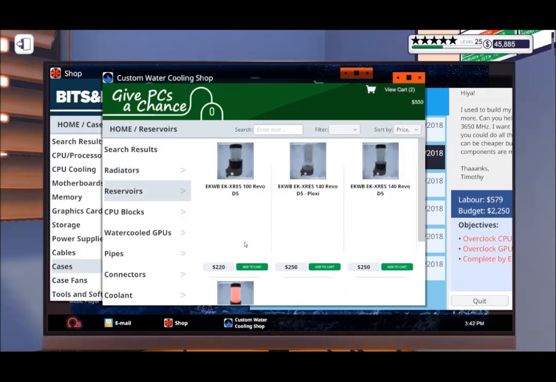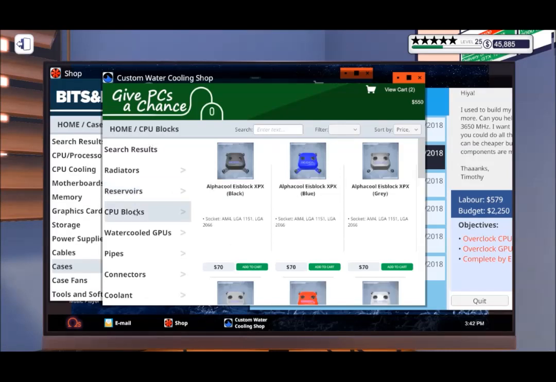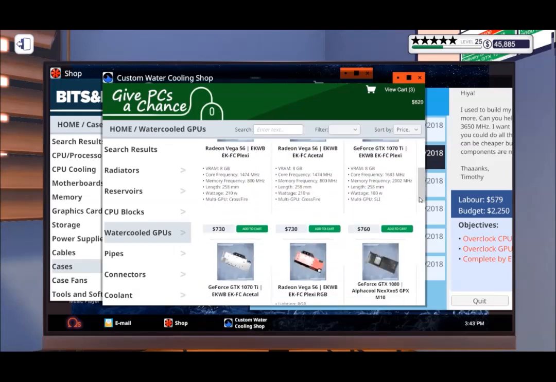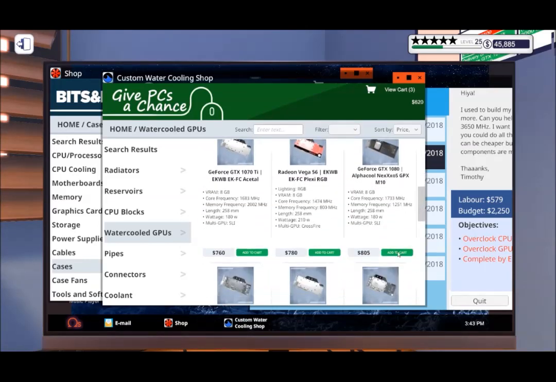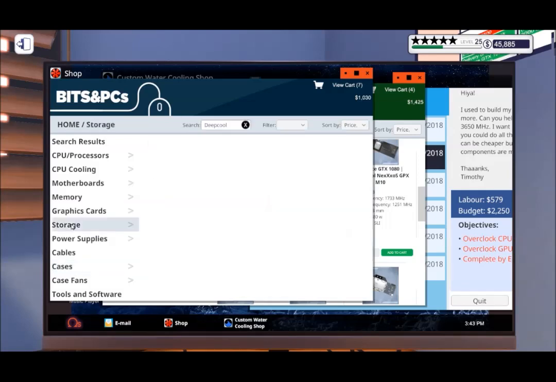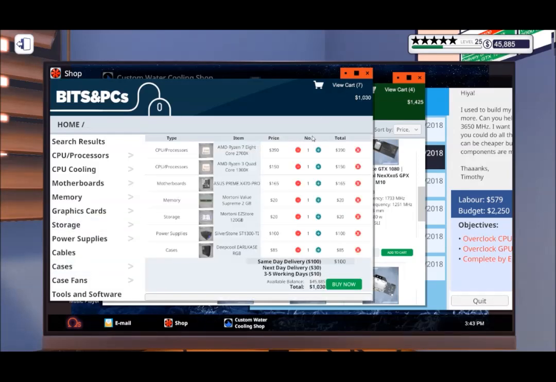Reservoir. Boom. Minus $220. Boom. Minus 70. And we need a good GPU. This one we know will do it, so we'll just go with that. Boom. Minus 805. Puts us at 315 bucks, so we'll go with slightly better storage for this dude than the